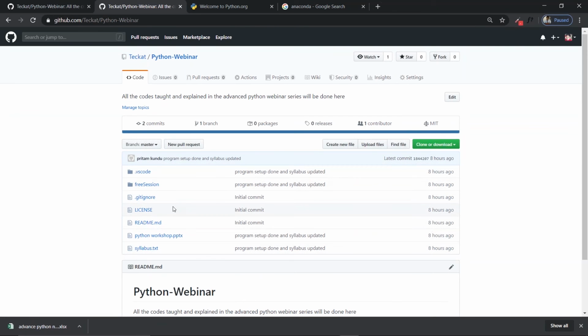Your day one, day two, entire series coding will be uploaded over here, and you can clone this using this link. You can copy through this button. When you click it, it will be copied, and then you will clone it in your local, and then you can access those codes.